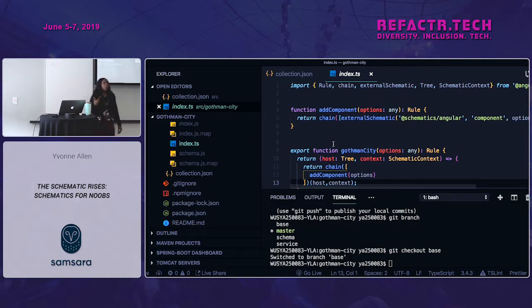But before we go there, I just want to give you an example of what we're about to do in this schematic by using the Angular CLI. Right now what we're going to do is create a new component. But before we dive into it in this more convoluted way, I want to show you simply what we're about to do. So if we navigate over to our demo,